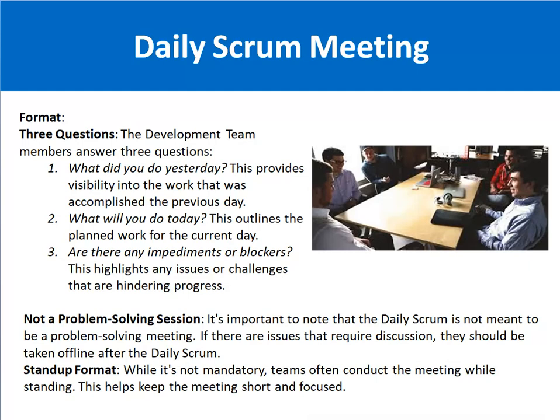Here, remember one thing, friends: the daily Scrum meeting is not a problem-solving session. Because it is a 15-minute meeting, it should not be a case that a team member starts defining the whole problem in the meeting. He can just mention the problem or roadblock in the meeting, and there should be a separate discussion held after the daily Scrum meeting to handle that particular issue.